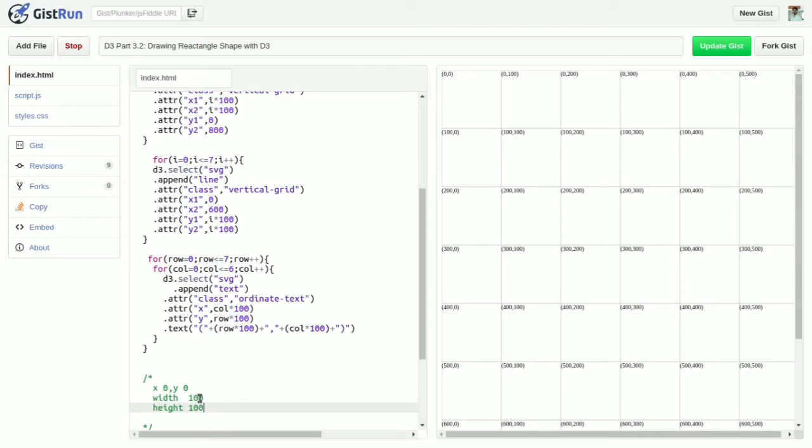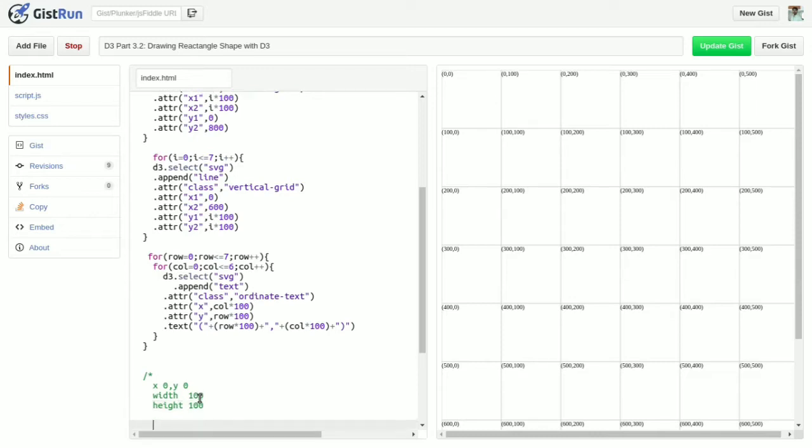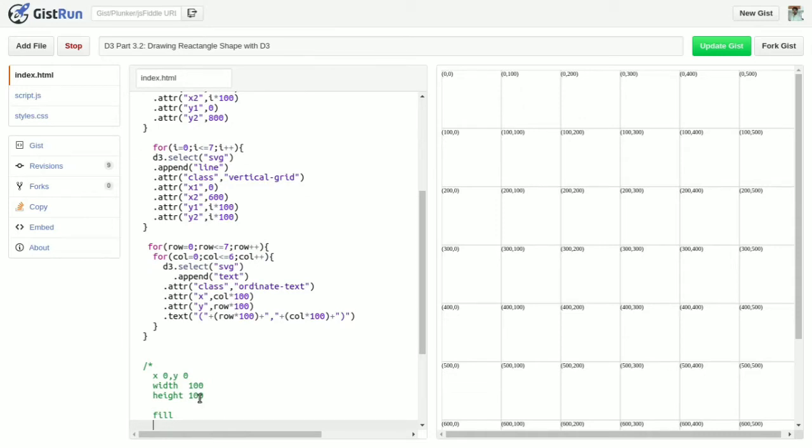So these are the attributes of the rectangle. Now if you want to fill color in the rectangle, there is a proper CSS style for that, that is fill. Using fill you can provide the fill color of the rectangle. And if you want to give a border to that rectangle, you can write stroke.